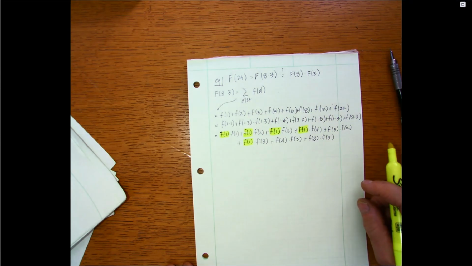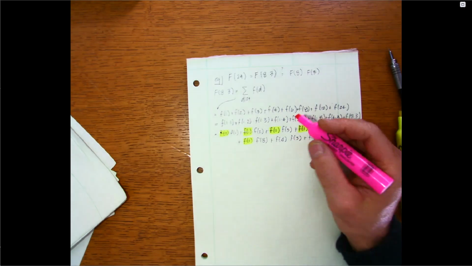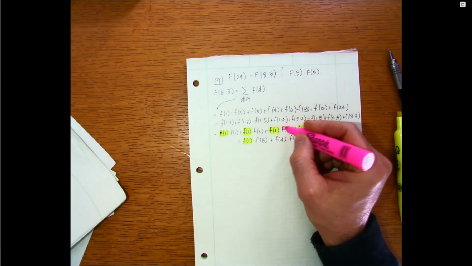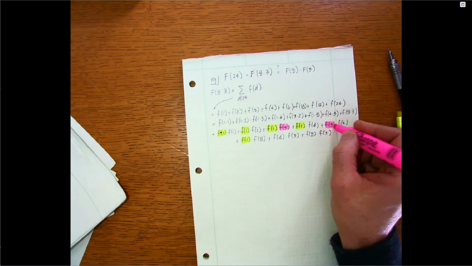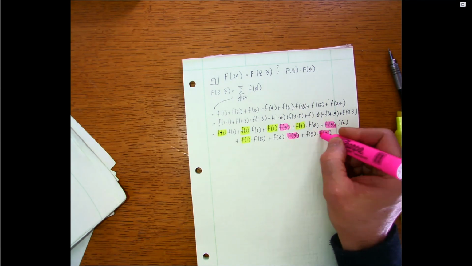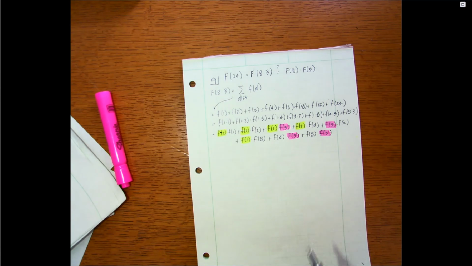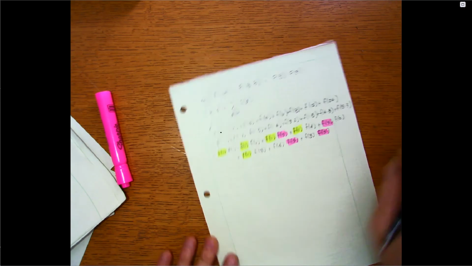So those all have a 1 in them. And then I'll pull out all the ones that have a factor of 3. So here's a 3, here's a 3, here's a 3, and here's a 3. So if I do that, I have to do a little rearranging, but